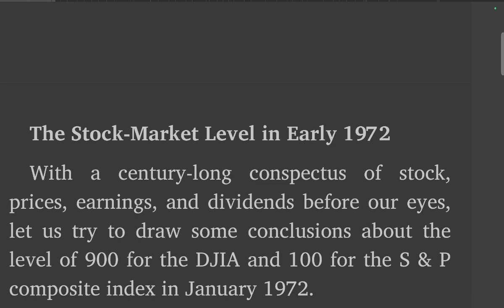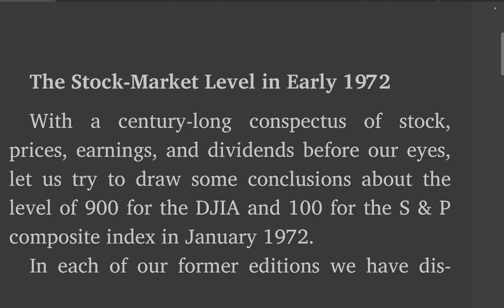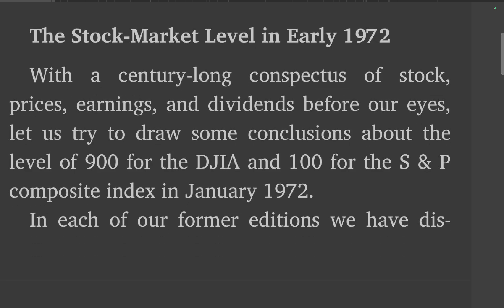So the stock market level in early 1952. The century-long record shows the conspicuous course of stock prices, earnings and dividends before our eyes. Let us try to draw some conclusion about the level of 900 on the DJI and 100 on the S&P Composite Index